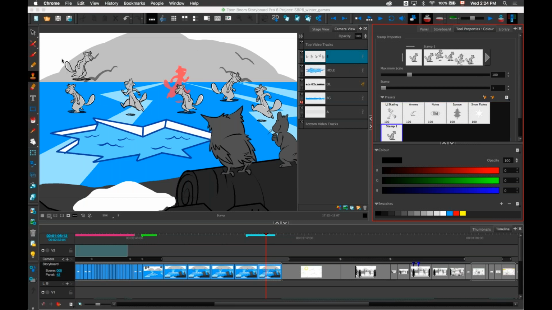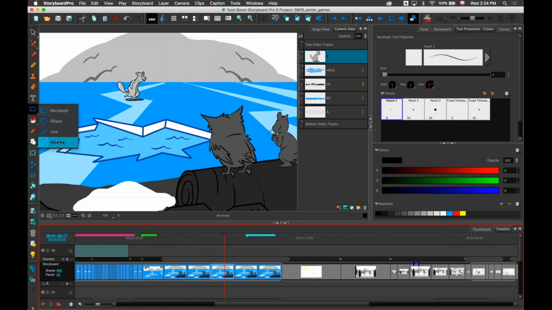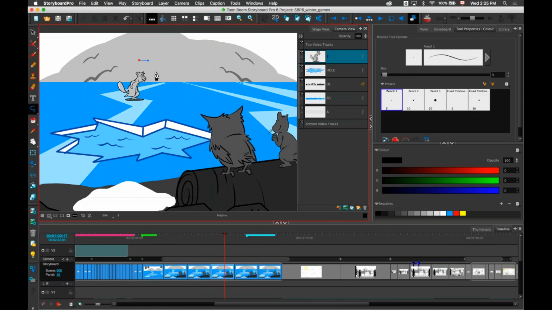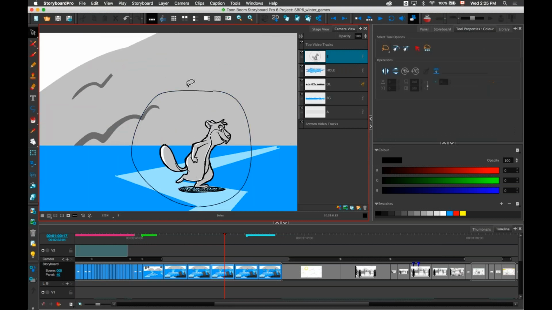So going back to small tweaks that we've done to the software, let me turn off my onion skin right here. We've added a tool inside Storyboard Pro, which comes from Harmony, the polyline. So you can now use the polyline inside Storyboard Pro to make some drawings like this. This is a tool that we had in Harmony for a long time, and a lot of people were asking to get this into the software, so we've added this to Storyboard Pro version 6.